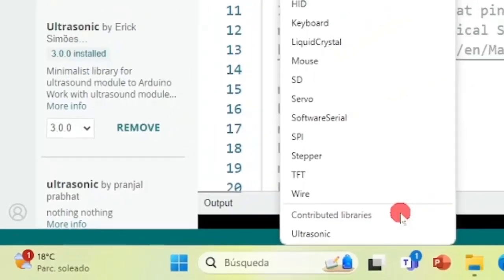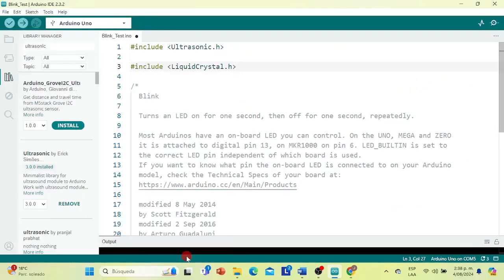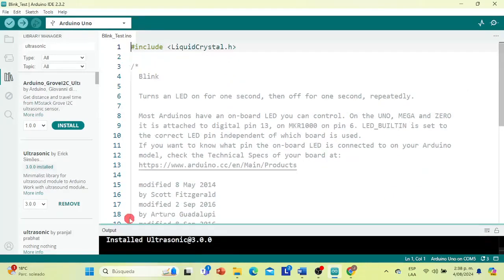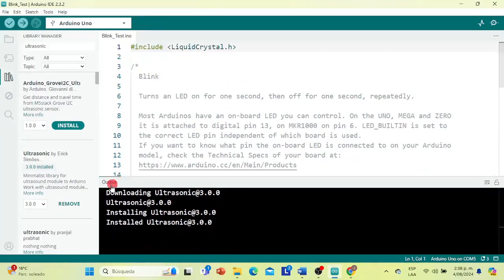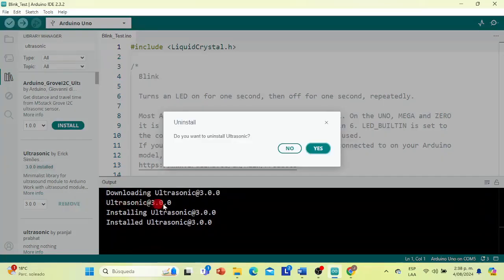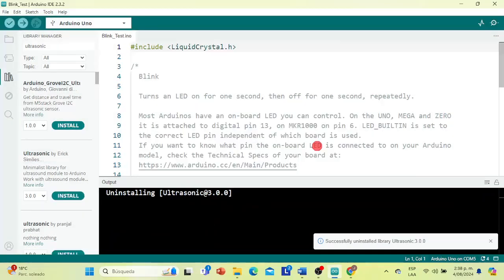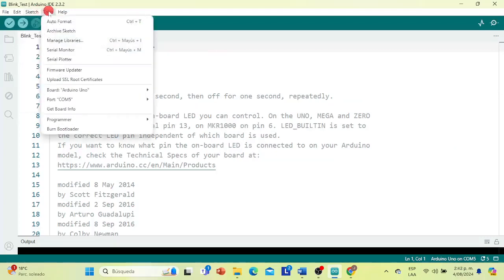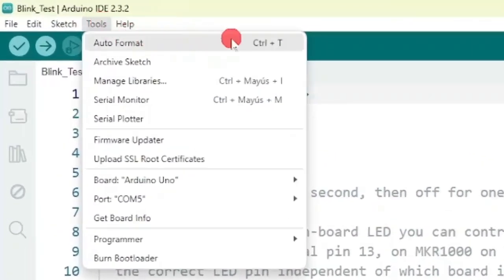So here we see our newly installed ultrasonic library. If we select it, we can see how it is included in our sketch or code. We can remove its installation if we want with this button, in case we do not need to use the library at the moment. Then we go to the very important Tools tab, where we find the Auto Format option,